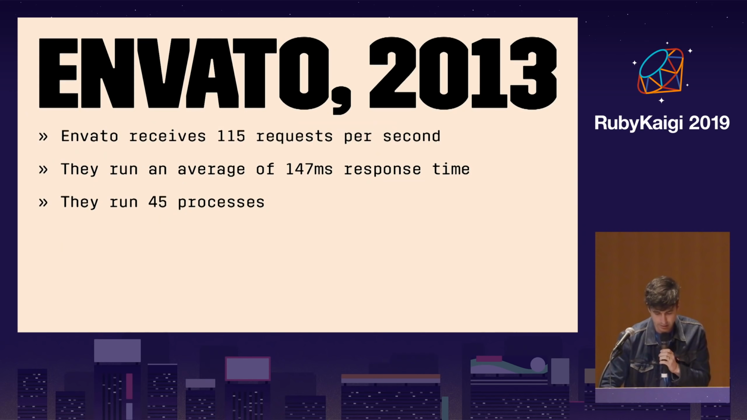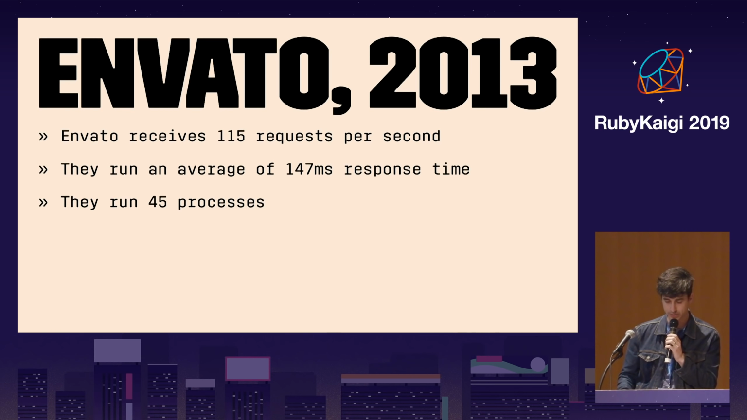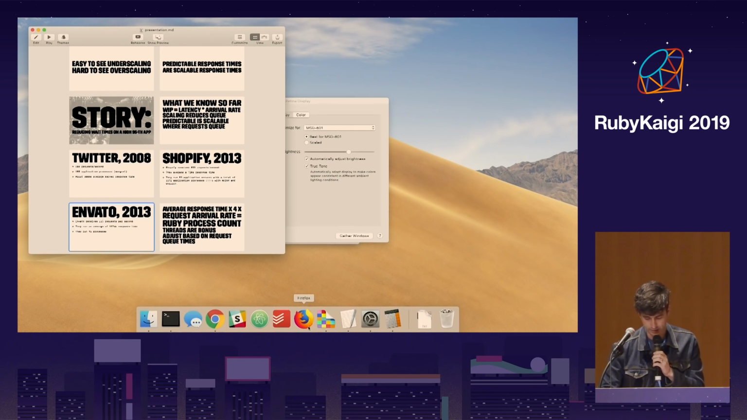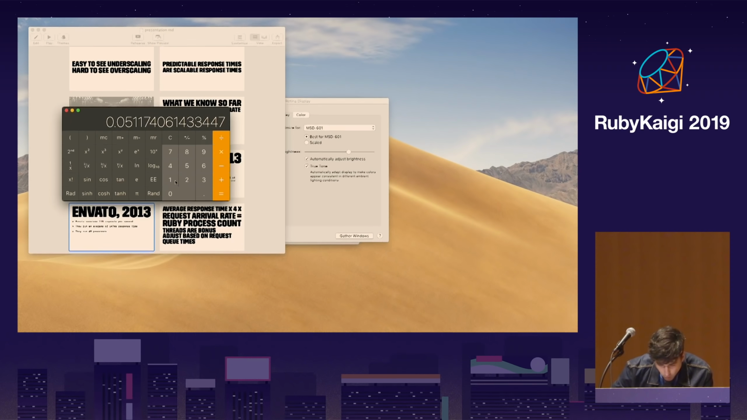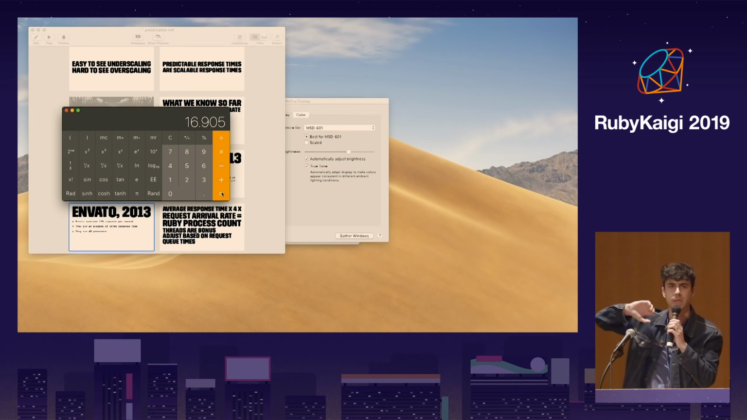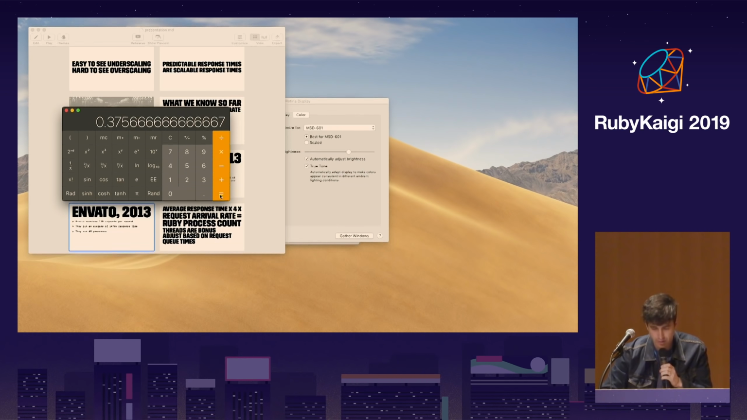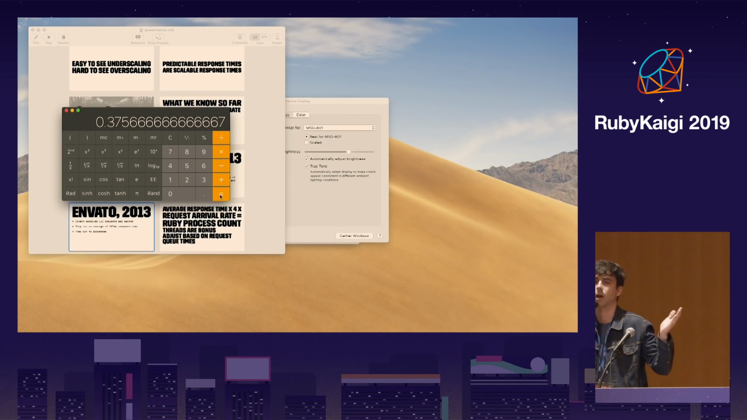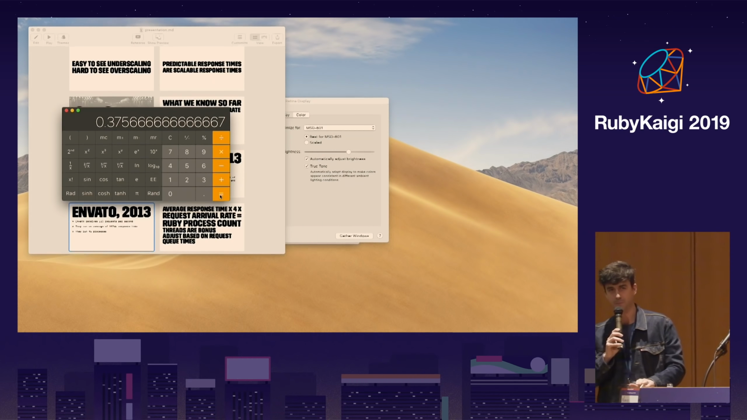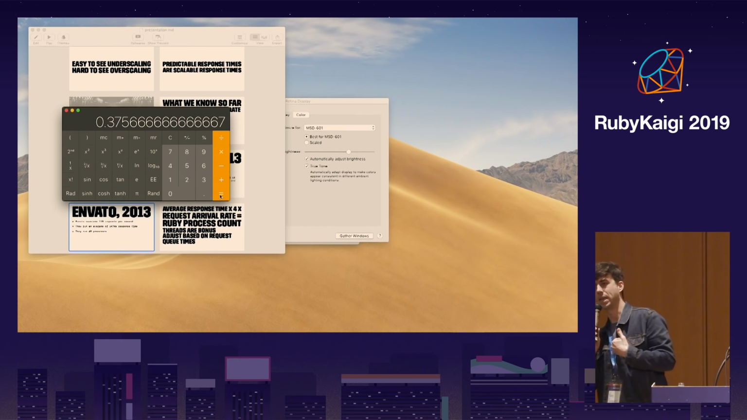Envato in 2013 said they had 115 requests per second, an average of 147 milliseconds average response time, and 45 processes. So that's 115 requests per second times 0.147 average response time. So 17 requests in parallel going on their servers at any given second, divided by the 45 they had available, is about 40% of the available capacity. What I have found is that most